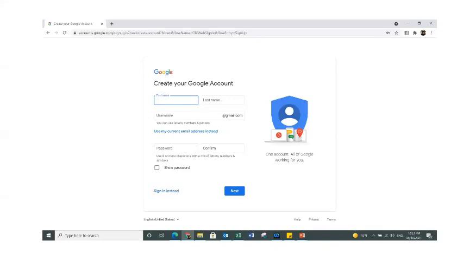So no one will be able to see what characters you have actually entered, including yourself. But if you want to make sure that whatever you have typed is correct, you can just put a tick mark or a check mark in the show password box, and your password in both the fields, that is password and confirm password, will appear.